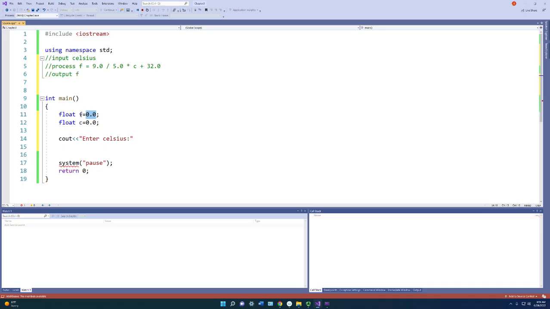You notice I declare the variable and then I assign it a literal value of its data type. I do not assign it to 0 because that's not a floating point number. This is a floating point number. Okay, now I'm going to have the user enter Celsius, so I'm going to do a cin